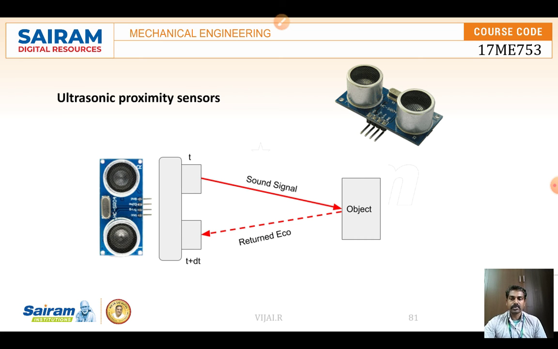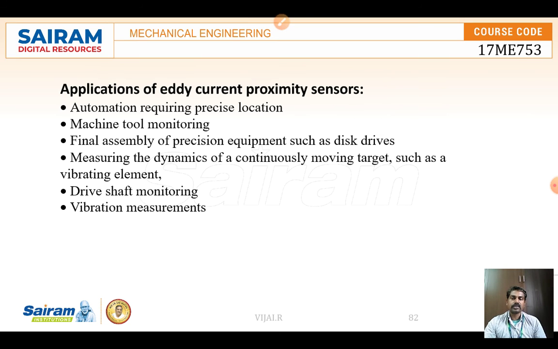Here the same concept applies: the ultrasonic sensor produces ultrasonic waves, they fly, hit an object, and return back. If you place it in front of a car or an automatic guided vehicle, when the ultrasonic wave is generated, the waves move, hit the object and return. That return echo, its timing, decides the distance.